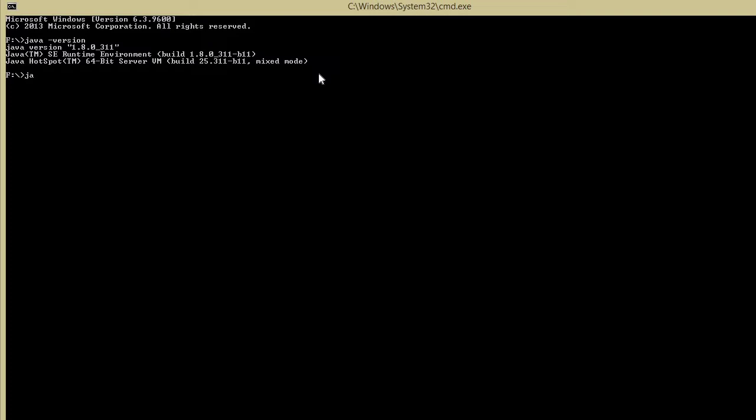And to see the compiler version, you can give the command javac hyphen version. So as you can see here, now it is not showing the javac version. So if you encounter this, we have to set the environment variables for our system, then only it will show the Java compiler installed in our machine. For that, what you have to do is